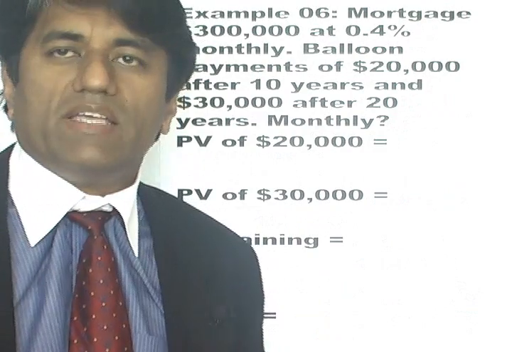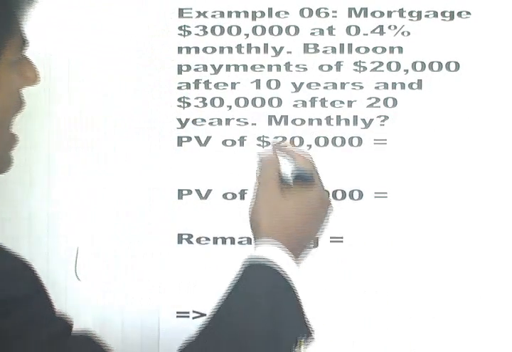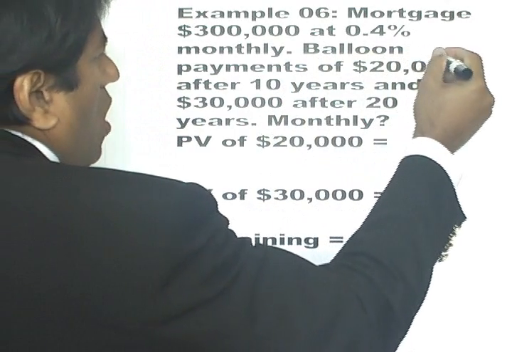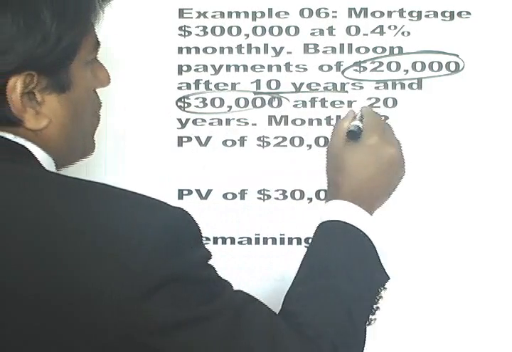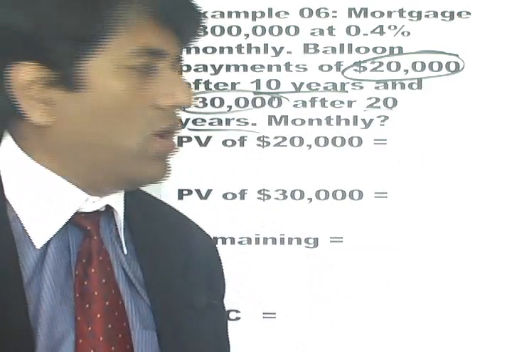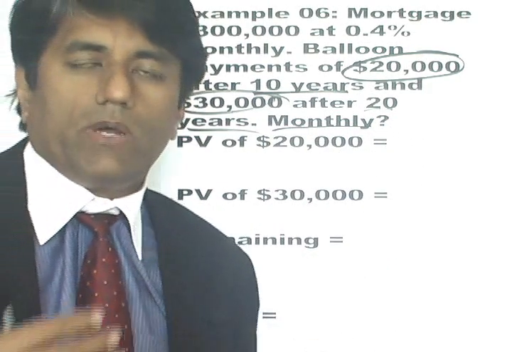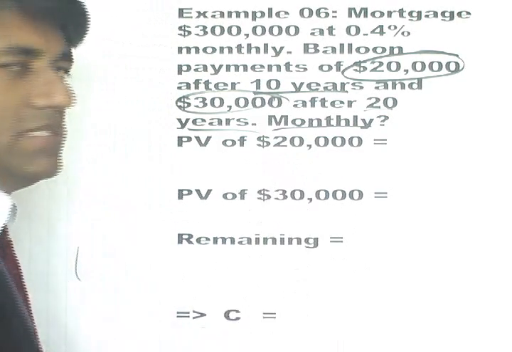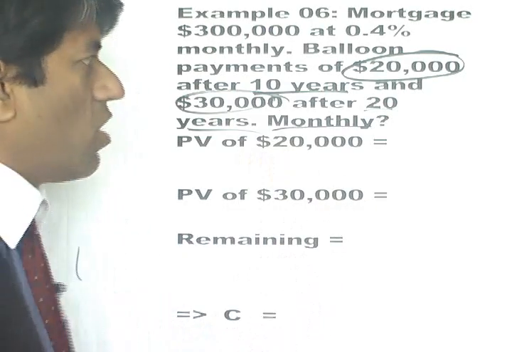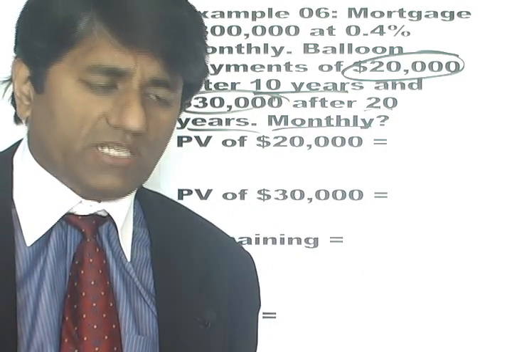Here we have a little twist on the usual mortgage question. We have two balloon payments of 20,000 after 10 years and 30,000 after 20 years. So the question says, what is the monthly payment the borrower would have to make if, in addition to those monthly payments, the borrower also makes two balloon payments, repayments of 20,000 after 10 years and 30,000 after 20 years. Well, the way you answer this question is you say, okay,